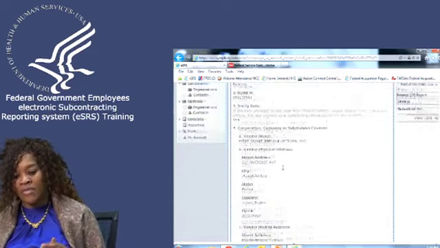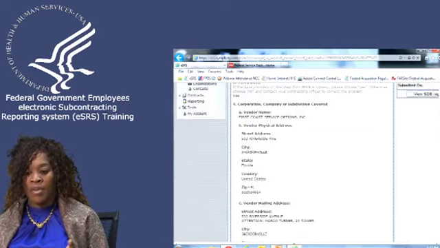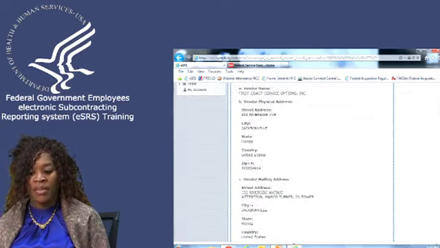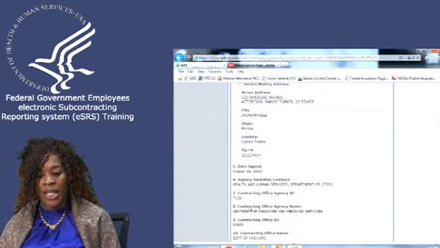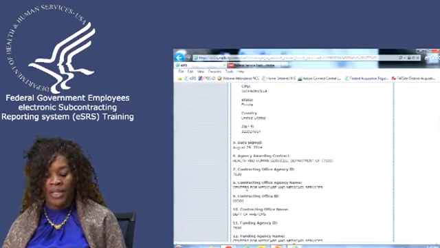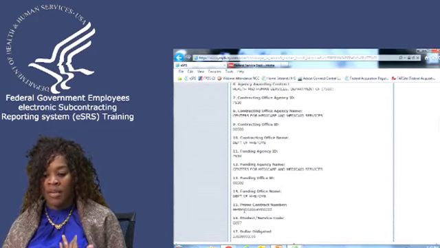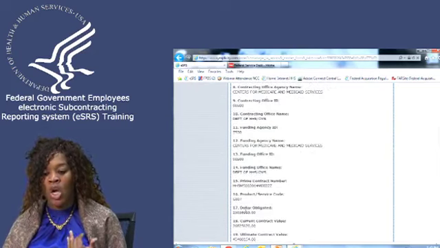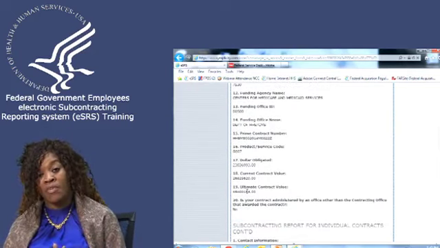The first 19 fields are pre-populated from FPDS-NG, from the DUNS number to the vendor's name, the vendor's address, the date that the contract was signed, the agency that awarded the contract, the agency's office ID, the agency name, the office ID, the funding agency, the funding amount, the product and service code. All of this information comes over from FPDS-NG.